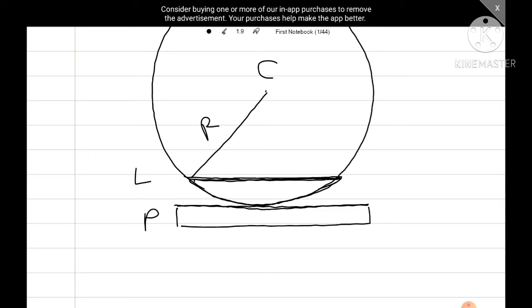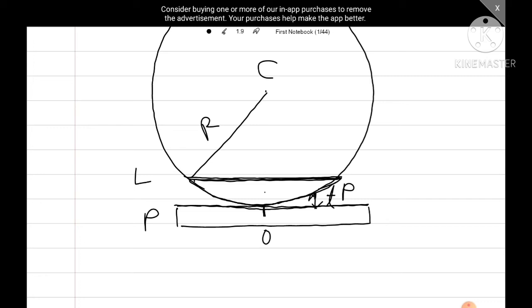This is the point of contact, suppose O, and suppose there is a point P where the nth fringe is formed. Let us suppose at point P the thickness of the film is small t,